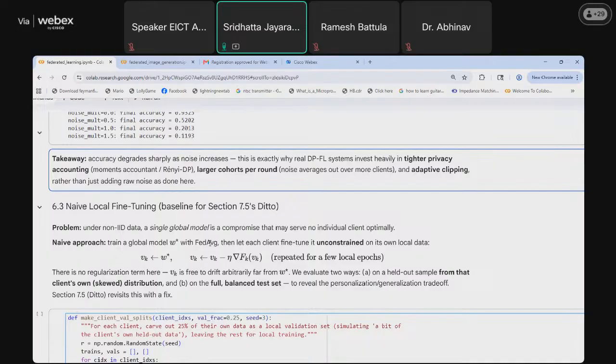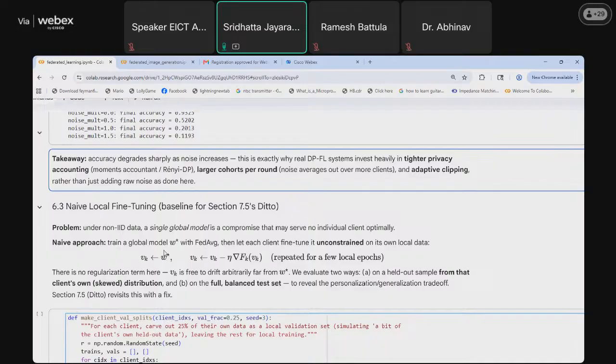Personalization is the ability to serve different clients with a better version of the model.